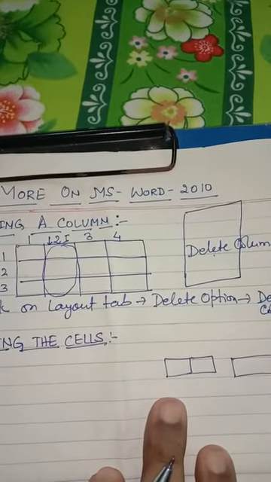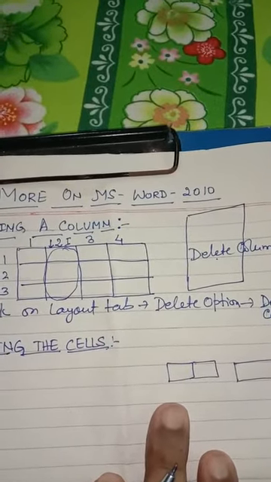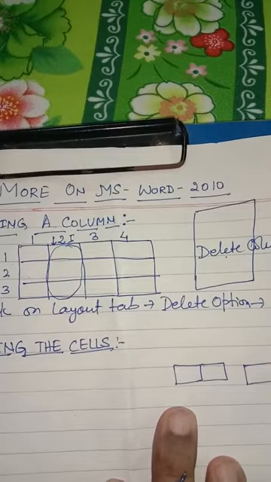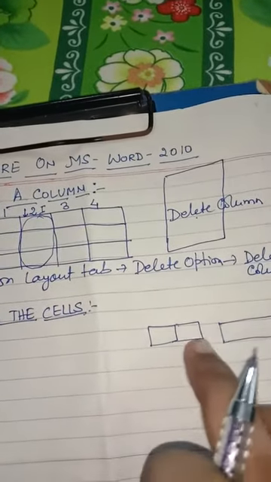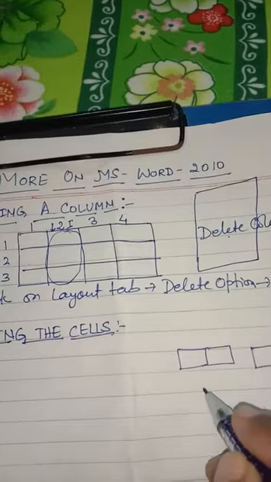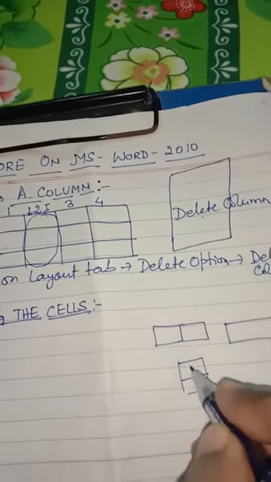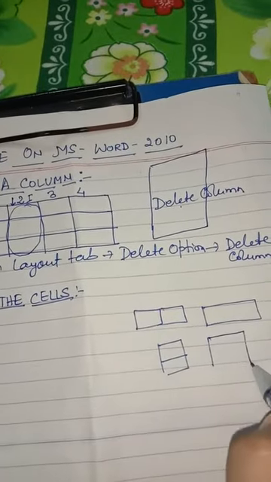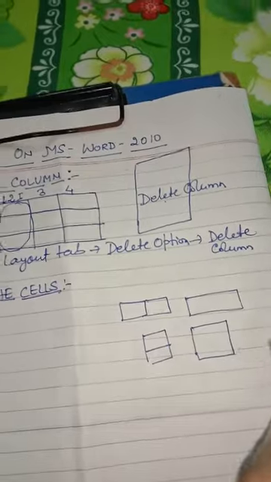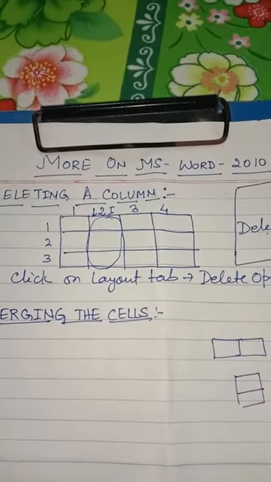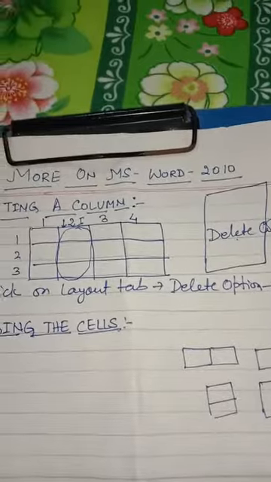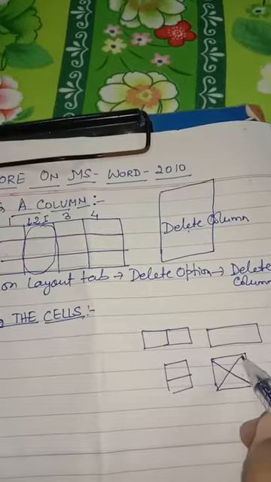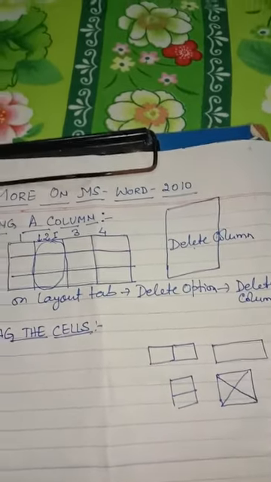Many of the times we are required to merge the top row for the title of the table. So we can merge either row wise or column wise. So this is the merging of row wise, and when you want to merge column wise, this is the column wise merging. If you merge the two cells column wise, it will be converted into a cell of this type. So this is the merging of the cell, but we cannot merge it diagonally. Diagonally means we cannot merge it like this by combining the opposite endpoints. In this way you cannot merge the two cells.